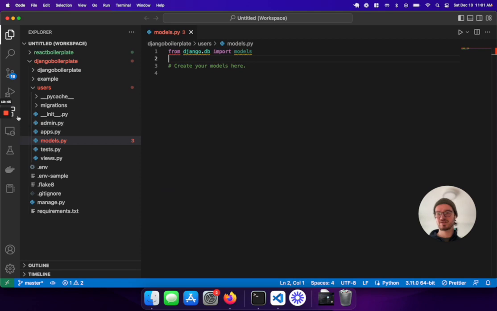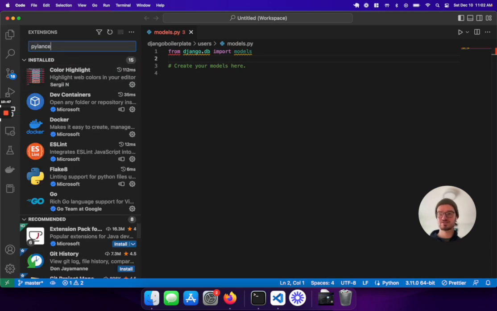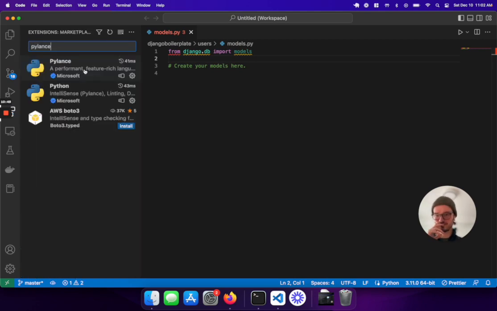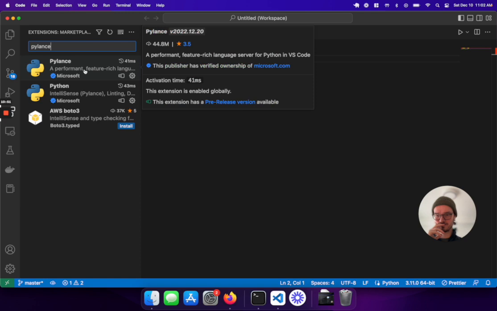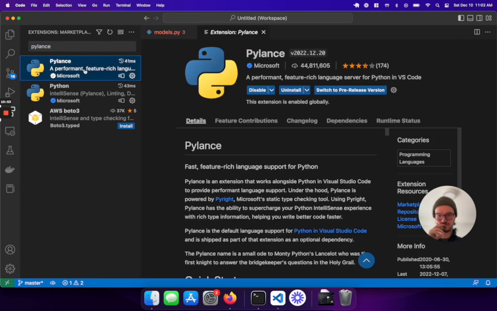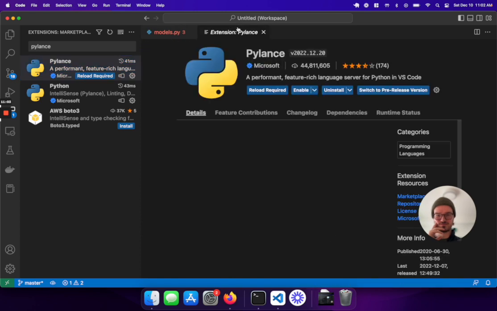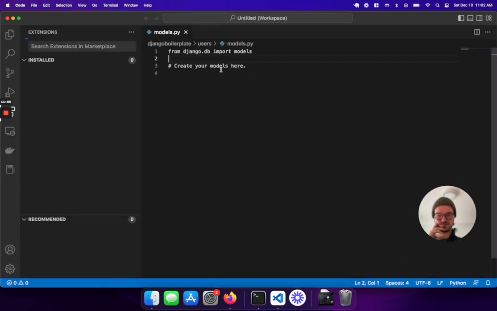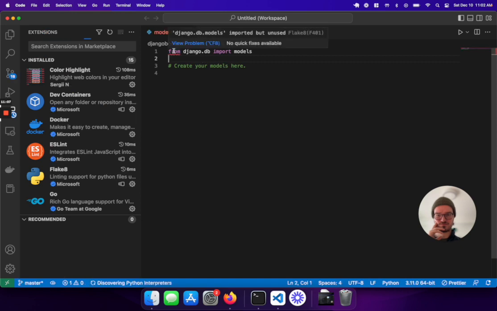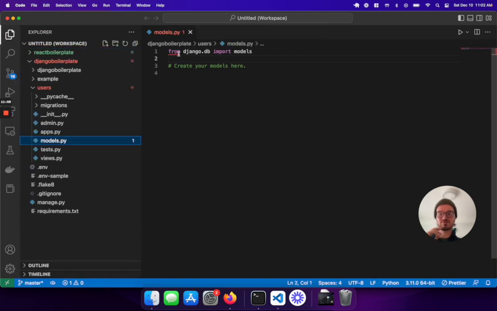Did I install a Pylance package? Does it say when I installed it? I'm just going to disable this. I don't even want it. I might regret that. We can turn it on later if we need to, but now we're just getting Flake8